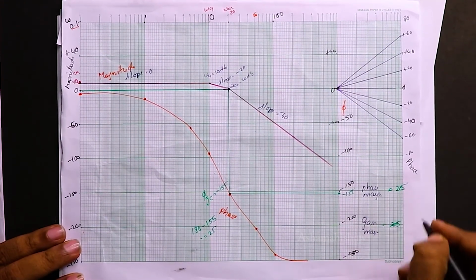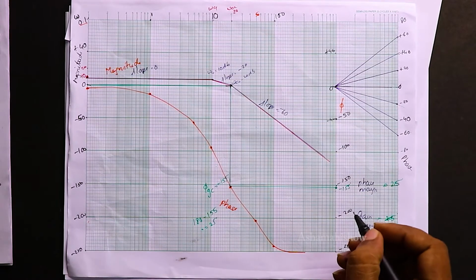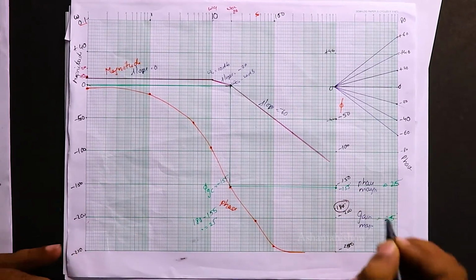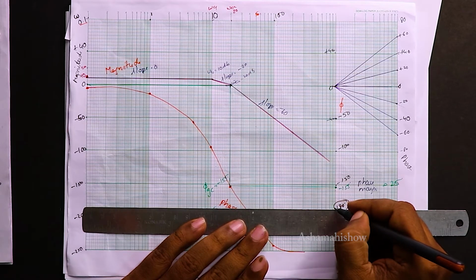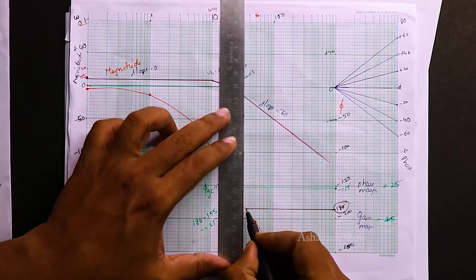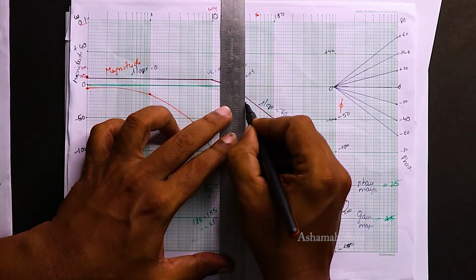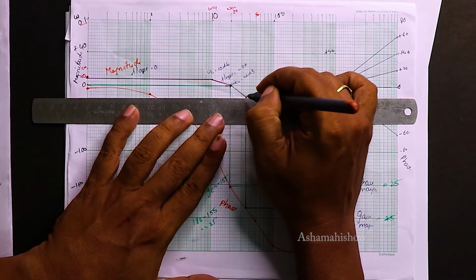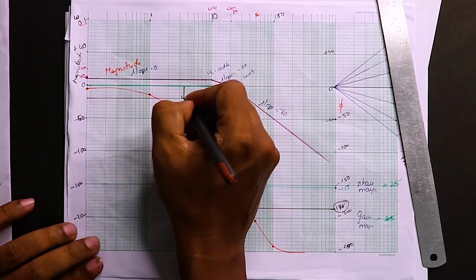Now to find out gain margin, what we do is, okay, your phase is actually calculated 180. Exact 180 is calculated 180. So from 180, you need to draw a line till it reaches your phase plot. From phase plot, when it reached, from that point you take an exact straight line till it reaches the magnitude plot. From magnitude plot, when it reached, you draw here, and this was your gain margin.